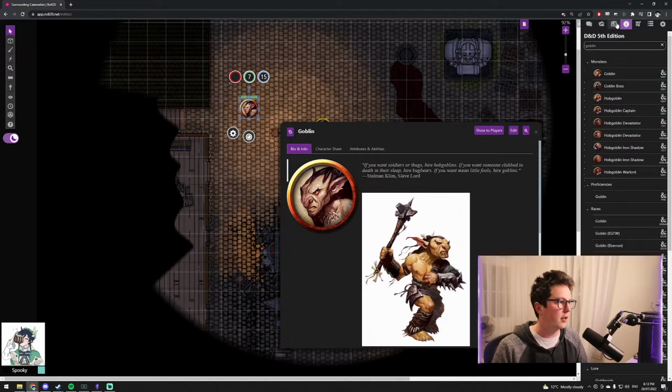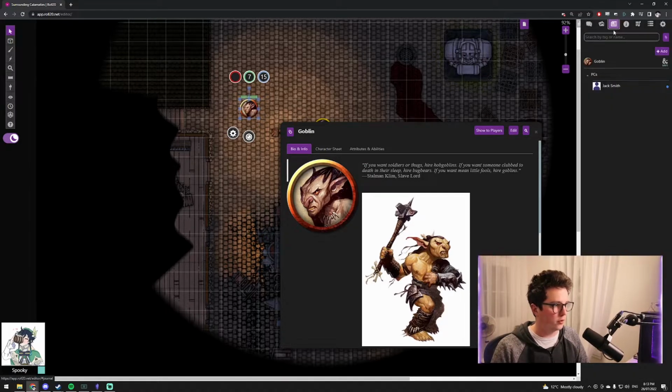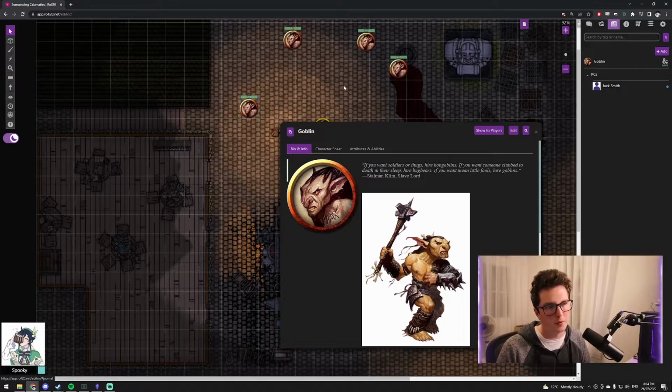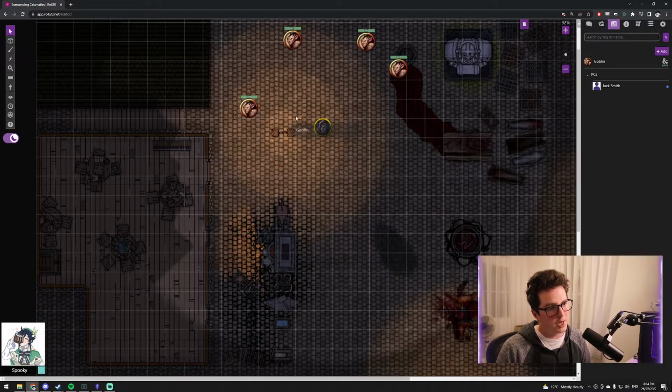There's a goblin there. And if I go into my journal, you can even see goblins here. I'd recommend making like a monsters page, and you can even then sub-segment if you need enough. But having the goblins in here means I can quickly drag and drop them in, and suddenly Jack is fighting 5 goblins. If I don't want Jack to know that these 4 goblins have begun to ambush him,